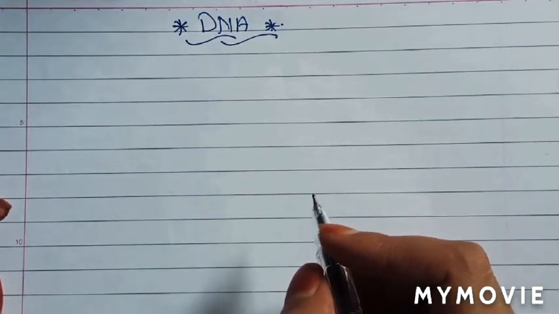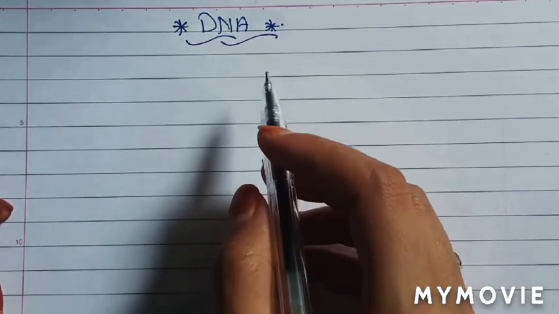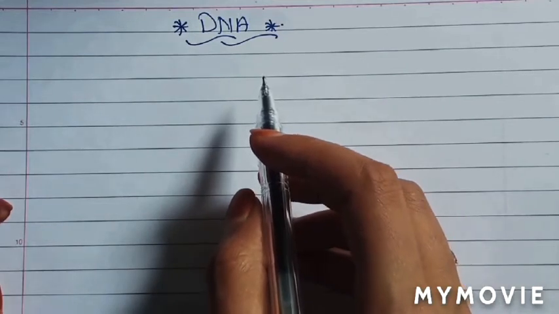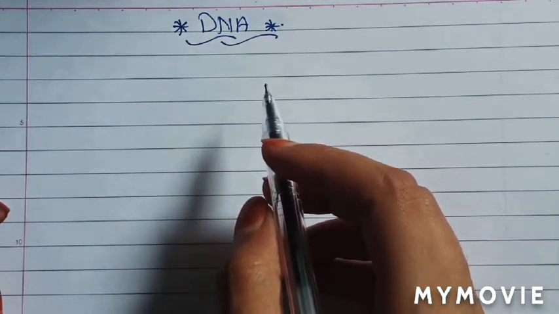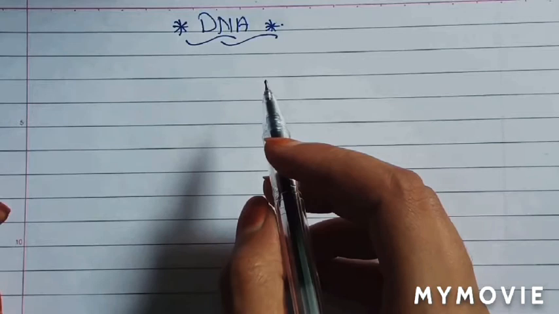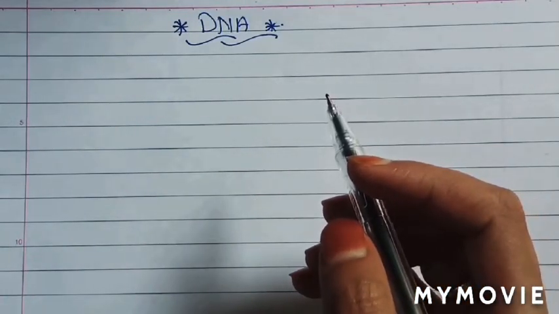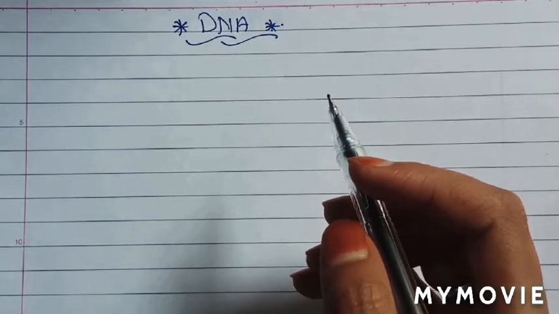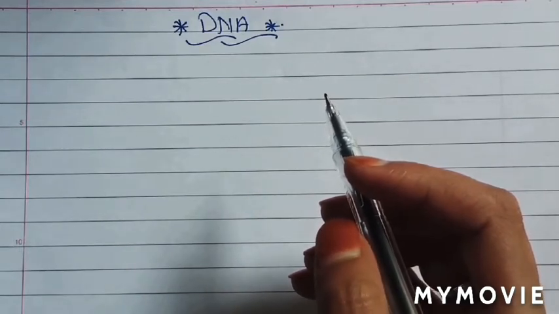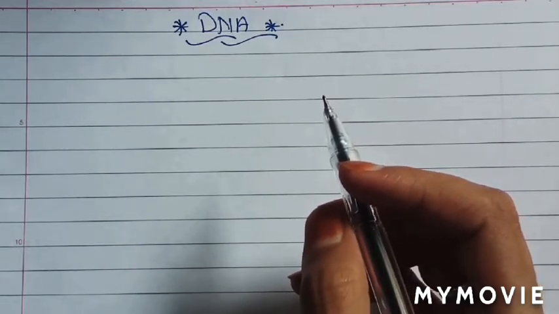In the last two videos, we talked about the DNA, the basic structure of DNA, as well as the structure of the nucleotide, which is known as deoxyribonucleotide. We have seen the structure of pentose sugar, phosphate group, as well as the nitrogenous bases, and also the hydrogen bond and phosphodiester bond formed in the DNA model.